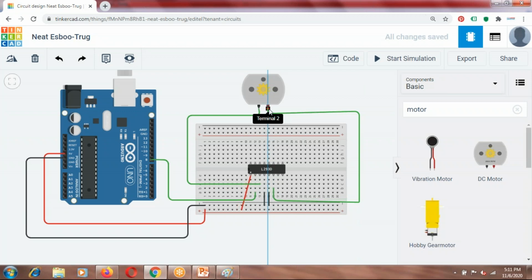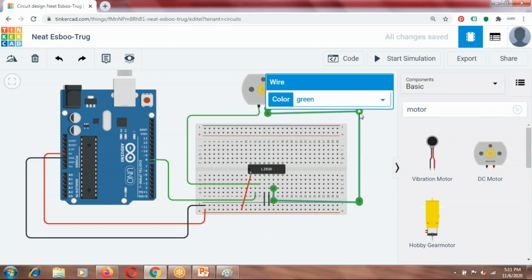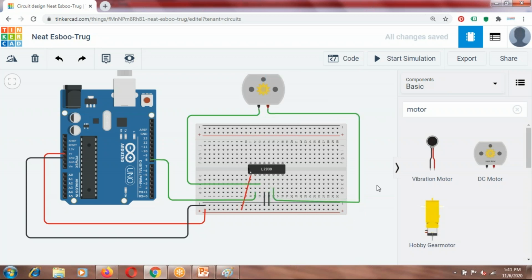This is your second terminal, which is to be connected to the motor. And now pin number 7 is connected to a digital pin. So let us take it out here and connect to pin number 9.